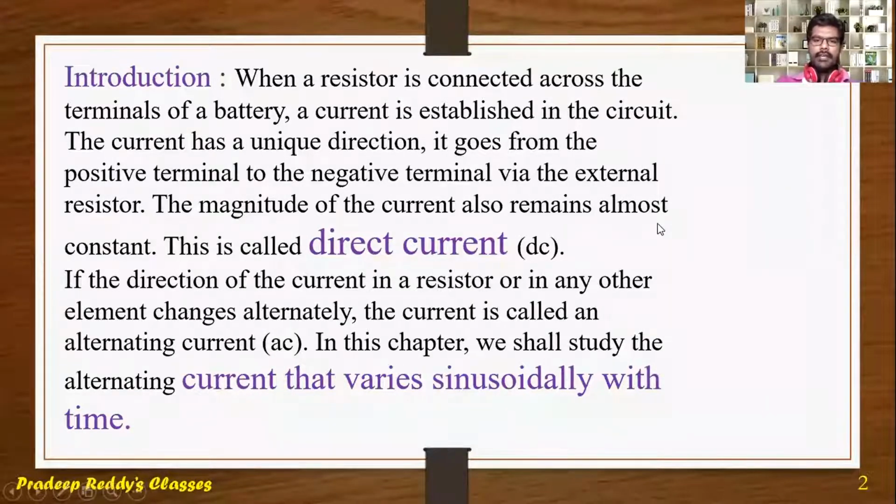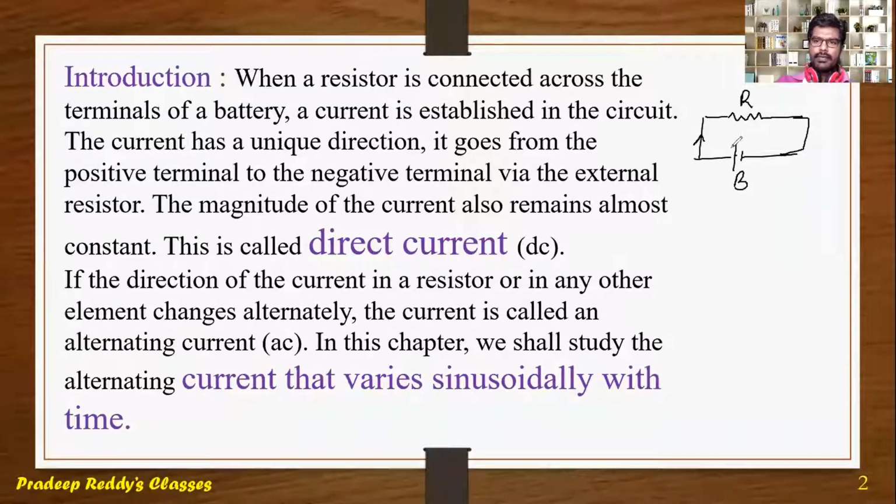In the earlier video sessions, we have learned about a capacitor, an inductor, and a resistor. Now let us take a resistor which is connected across the terminals of a battery. You are taking a resistor and connecting it across the terminals of the battery. This is B and this is R. When you connect it to the battery, current passes through this circuit in the direction from positive terminal to negative terminal. Always its direction is constant.